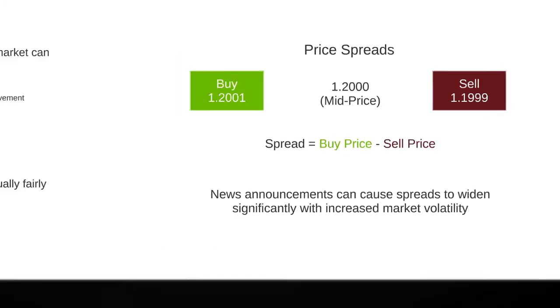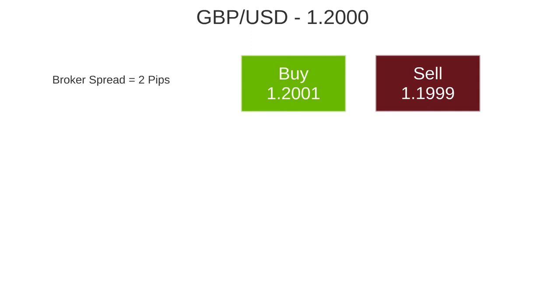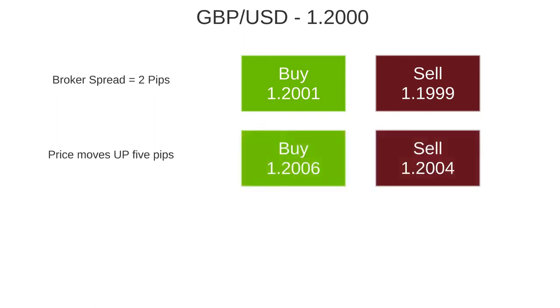Let's look at a quick example of how a spread works. Let's go back to our pound-dollar example, and the mid price the broker is quoting is 1.2000. They offer a 2 pip spread on this market, so the sell price is 1.1999 and the buy price is 1.2001. If the price were to move up 5 points, the sell price would become 1.2004 and the buy price would become